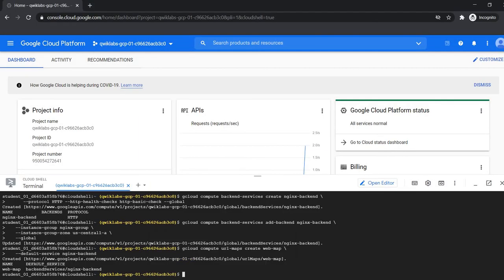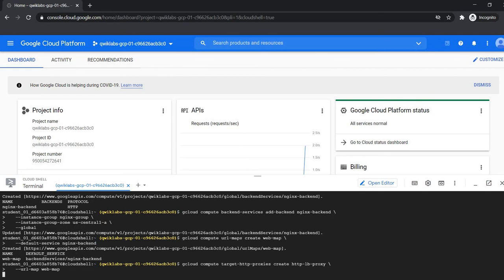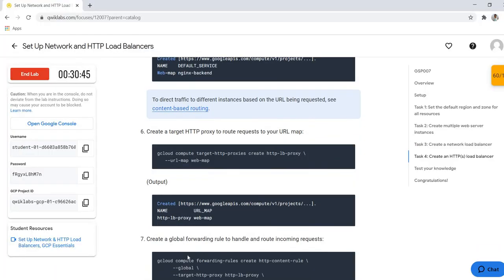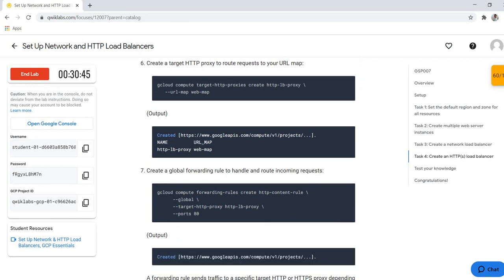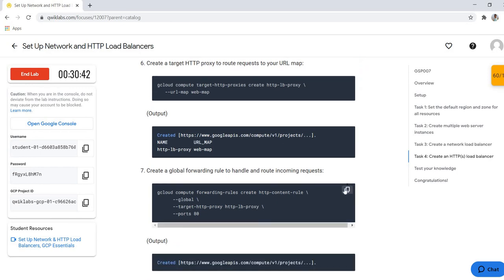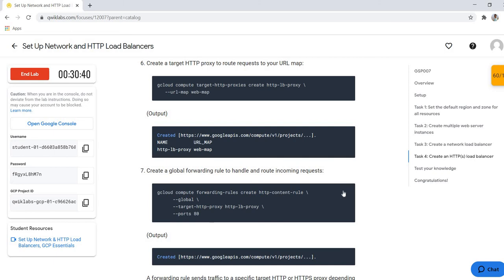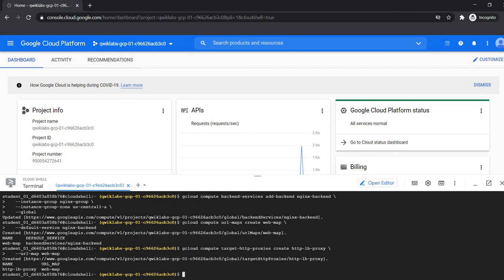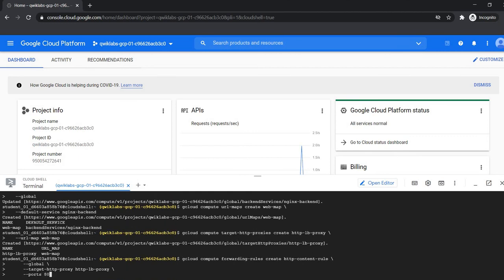Okay, so be sure that you read all the documentation. Let's create one proxy, like we use on our mobile phone, where we use a proxy or VPN. In the same manner, here also we are creating one proxy. Okay. Let's create a forwarding rule.